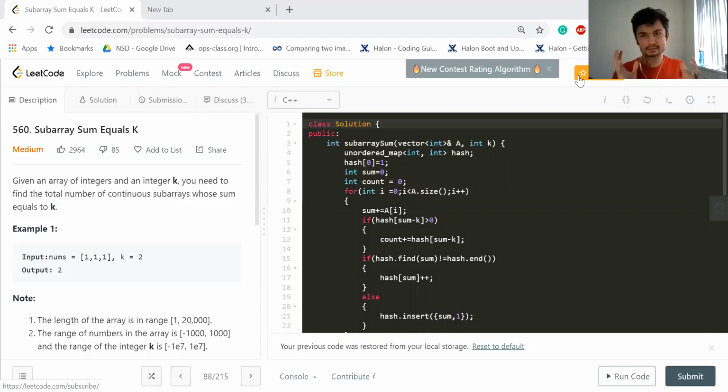The problem is you have an array of integers. The integers can be positive, negative, anything, and of course you are given k, some integer number. You need to find the subarrays that sum up to k. When a subarray sums up to k, at that point you count it in the answer. So you need to return the count of the subarrays that add up to k, and subarrays